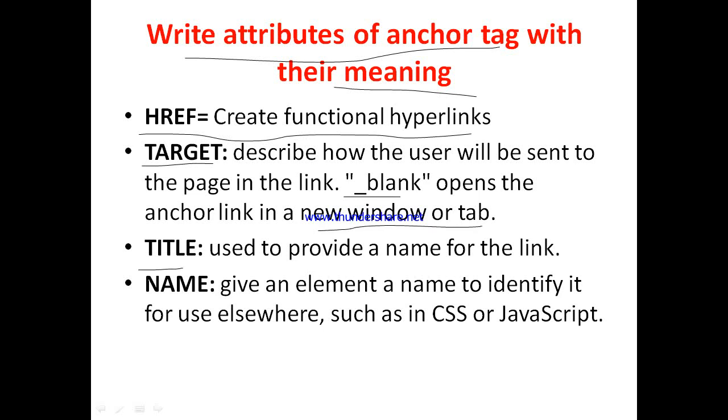Third is title, which is used to provide a name for the link, and the fourth is name. The name attribute is used to give a name to the tag, which is used to identify it when we are using it in another place, such as in CSS or JavaScript. Now the name attribute in HTML5 is replaced by the ID attribute. In HTML5 we use ID in place of name.